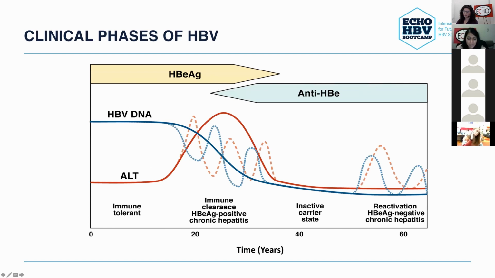And again, this is what we used to refer to as immune clearance. So this E antigen positive patient may have a little bit more hepatitis activity if you were to biopsy them. And then this is typically followed by what we used to call inactive carrier state, which I think is the most unhelpful term we could ever give somebody, because as you're progressing in this timeline, you typically are